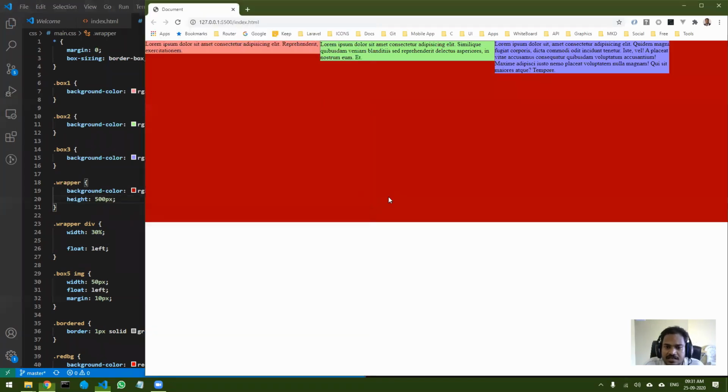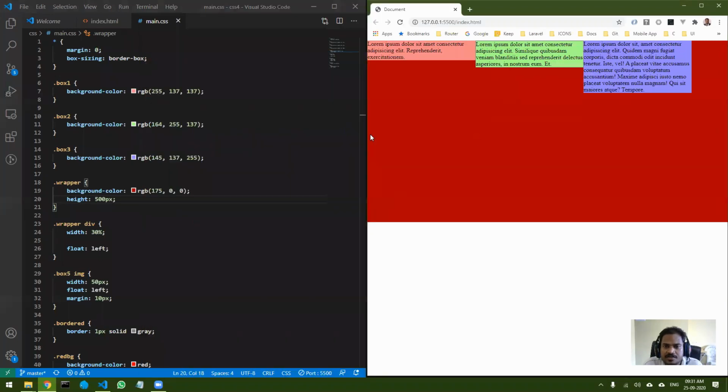Now you can see the actual wrapper, which is extending, and the divs inside are floated left or right. Now if you want to center that particular div, with your elements inside and some space on the left and right, let me show you how we can do it.